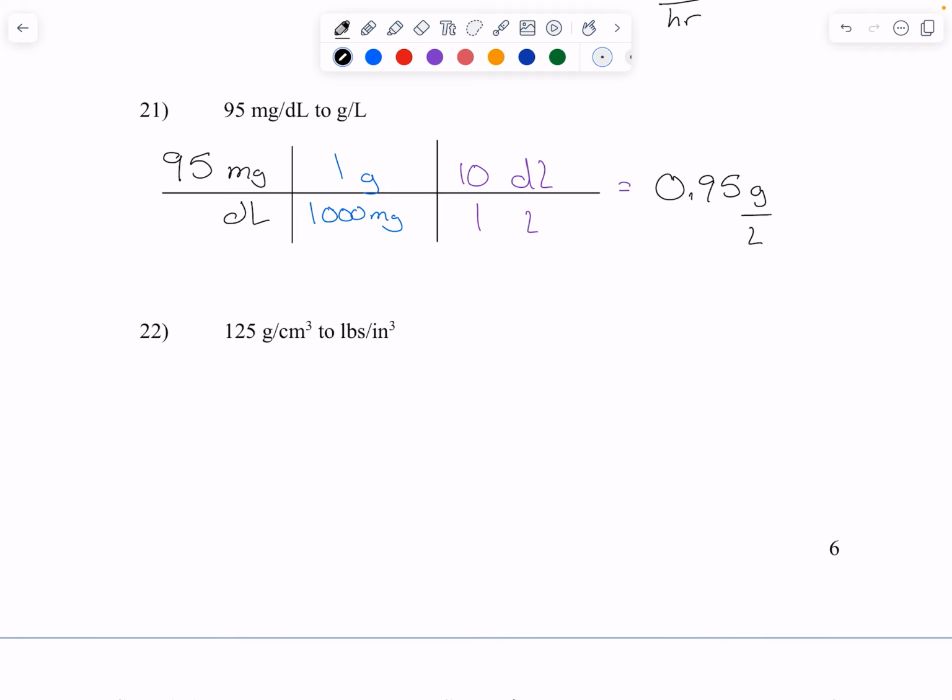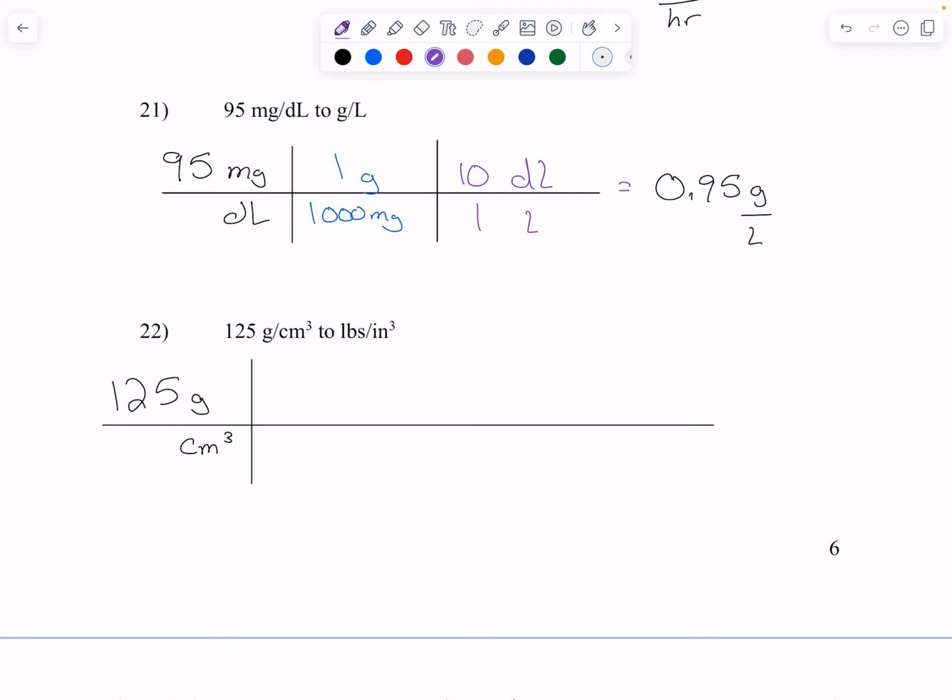And we got 125 grams per cubic centimeter to pounds per cubic inch. So 125 grams per centimeter cubed. Metric density, and we're going to an English density. So grams to pounds. Off the top of my head, I don't remember. It's like 454 or 452. I get it's around 450, but I get the number mixed up. Will you have that information? Absolutely. You can use it. I don't expect you to know it. I don't know it. Why would I expect you to know it? However, I know grams to pounds